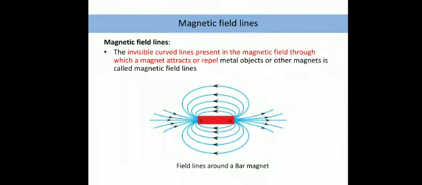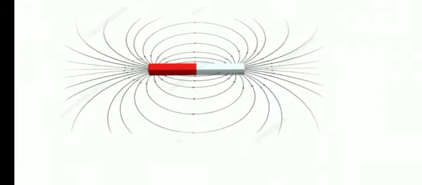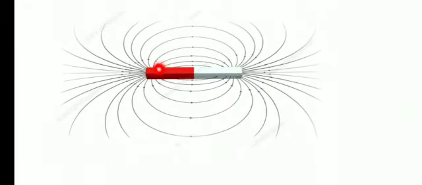How? For that we need to know some of the properties of magnetic field lines. So it is very important to learn the magnetic field line properties, right? So we will see. Now let's say these are magnetic lines of force around a magnet, and there is no north pole and south pole written here, but from the direction of the arrows, we can see that all these lines are starting from this side and they are trying to end at this side. So that means this is a north pole.